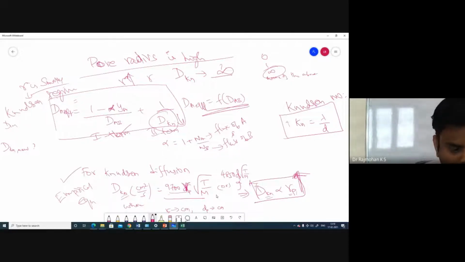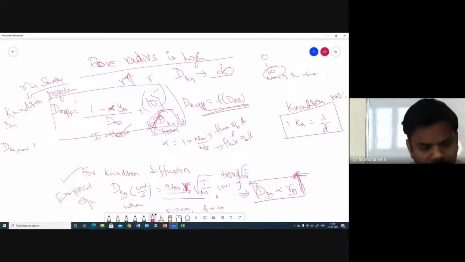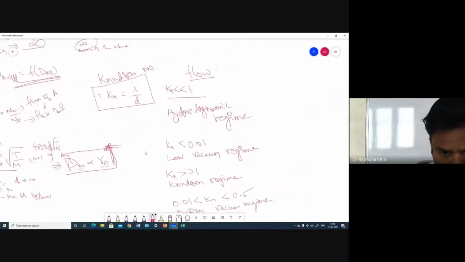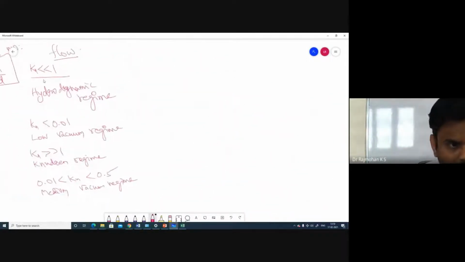You cannot ignore that term. Because when I say it is 10 power minus 5, here we have 10 power 5 in the numerator, right? So that means this is negligible in comparison to this. We can say that under that condition, dA effective is totally a function of dkn. That is why we call it Knudsen region. Otherwise, it is bulk. You have other two regions: one is Knudsen region, the other one is your molecular diffusion or normal region. So totally we can say that there are three regimes, and this is based on the Knudsen number we are defining.